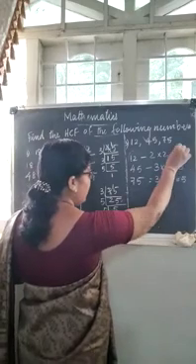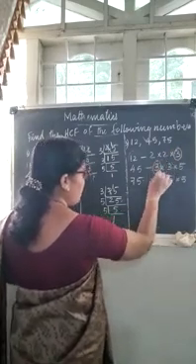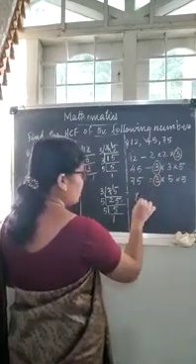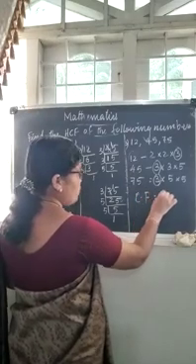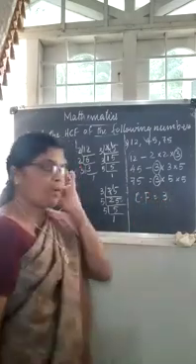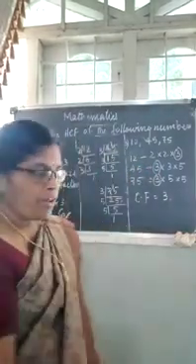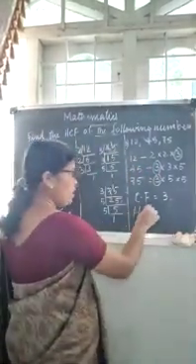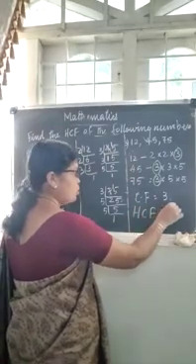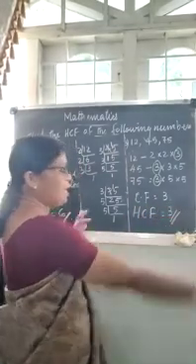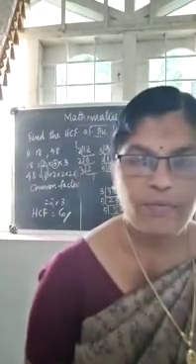Then here there is 3. 1 3 is here. Here also there is 1 3. Here also 1 3. What is the common factor? Common factor, CF, is equal to 3 only. Only 1 3 is common. So that is the HCF. So the highest common factor, HCF, is equal to 3 itself. This is the highest common factor.